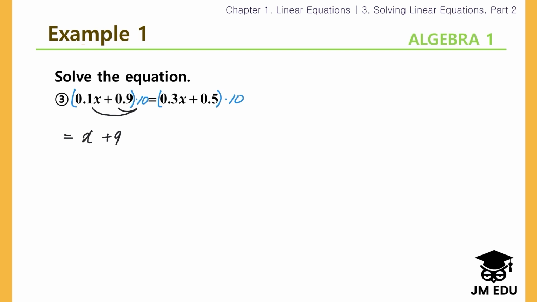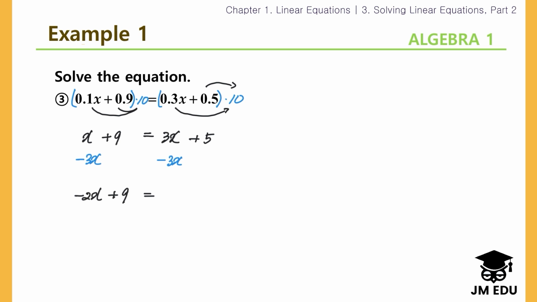And let me erase this. And we have equal sign right here. 0.3 times 10, that's a 3x. 0.5 times 10, that's 5. So subtract 3x each side. So that's going to be minus 2x plus 9 is equal to